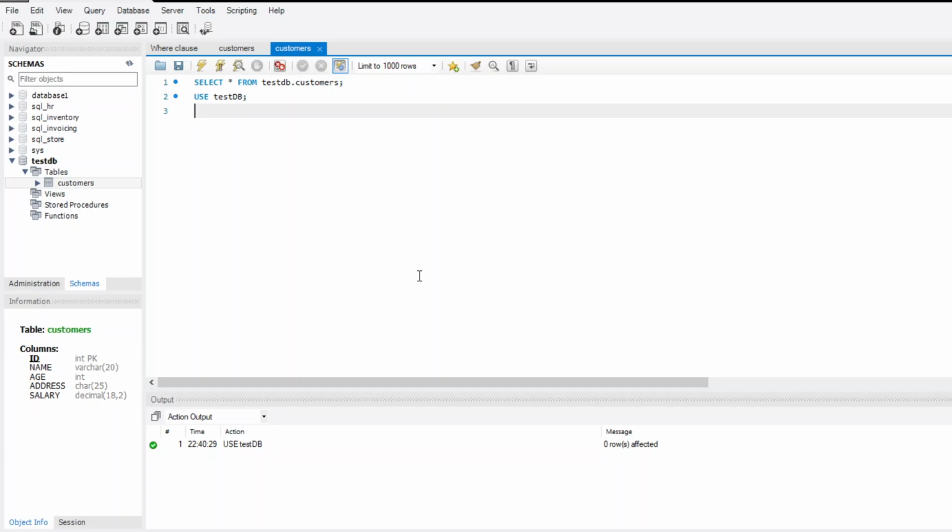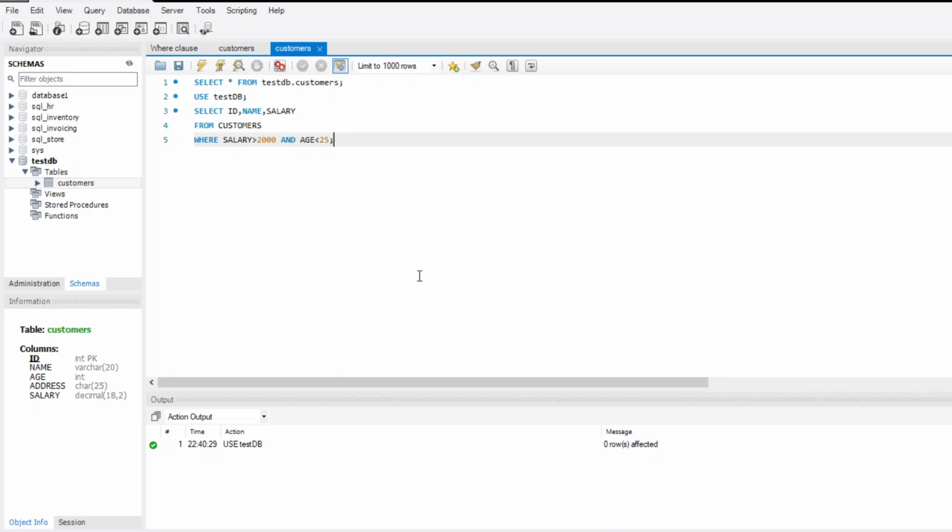Now we can fetch the data like: select id comma name comma salary from table name which is customers, then WHERE clause, then conditions using AND operator, age should be less than 25, then semicolon.